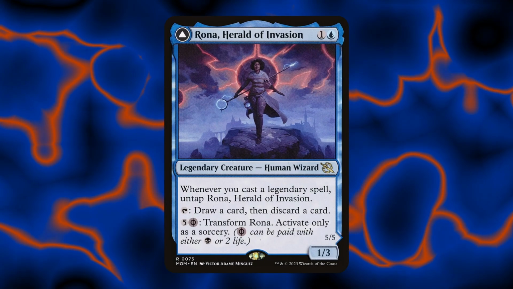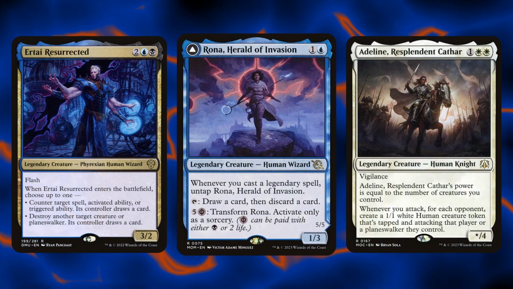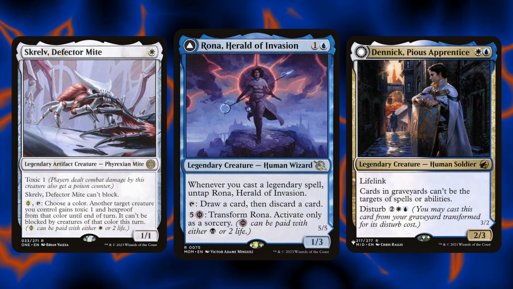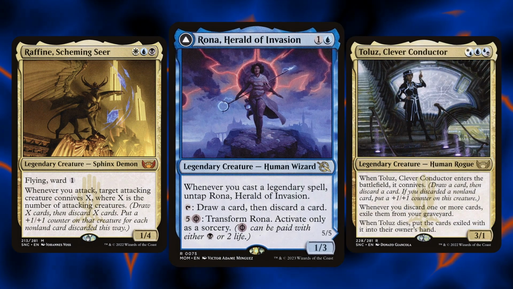Number 3 is Rona, Herald of Invasion, which became somewhat of a staple in Esper Legends decks, one of the most favored decks going into the tournament that did not reach top 8. I'm not mad about that either. Esper Legends has kicked my butt up and down Arena, so seeing that deck list get knocked down a peg